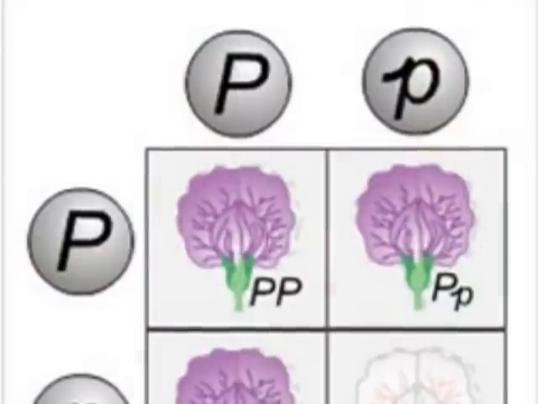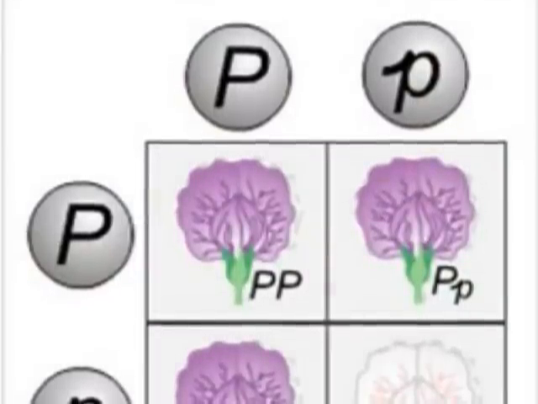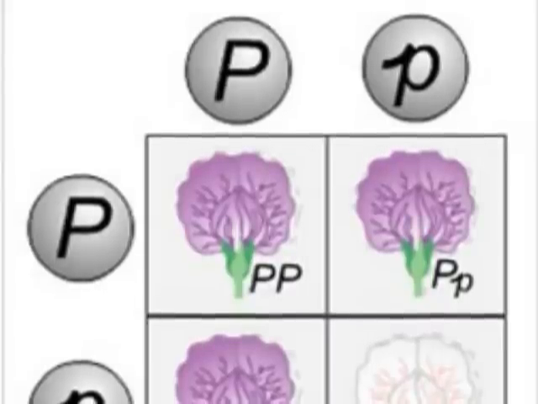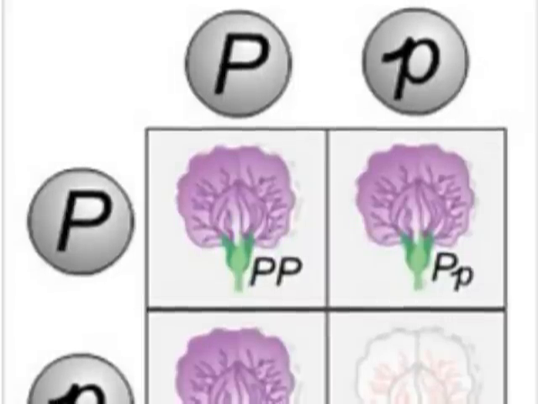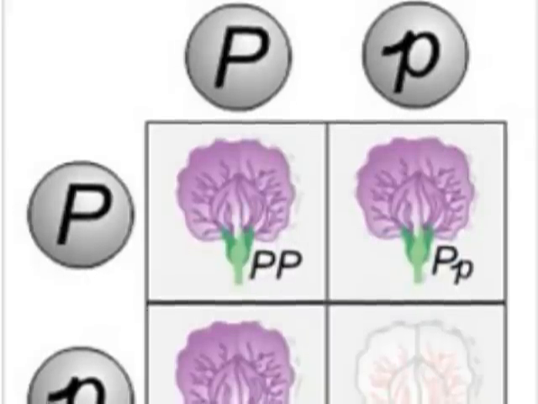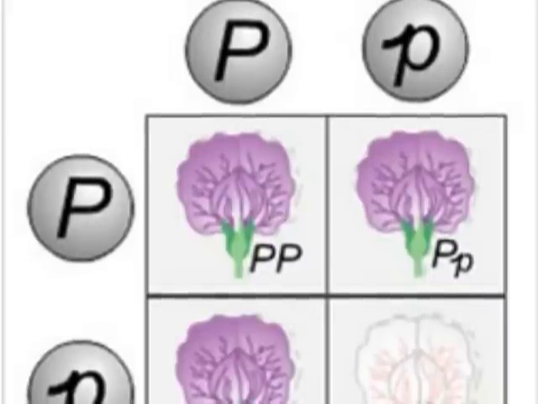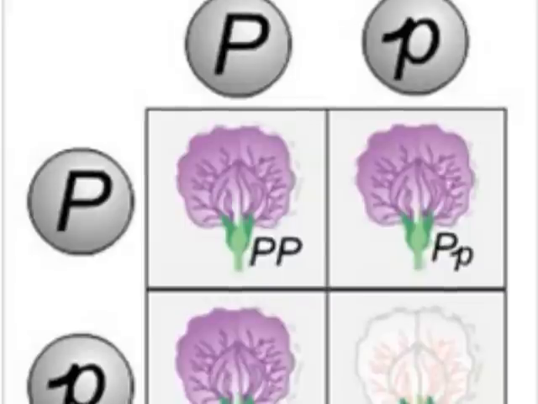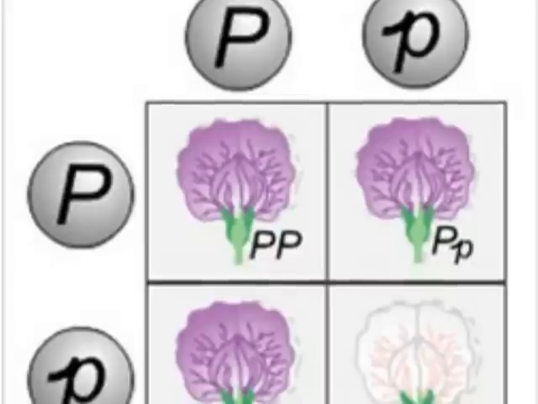This square is known as a Punnett square. A Punnett square is a short way of finding the expected proportions of possible genotypes in the offspring of a cross. Let's make believe that the big P stands for brown eyes and the little p stands for blue eyes, although in real life they are big B, little b. The big P is the dominant or expressed trait, and the recessive trait is the little p, or the trait that disappears.